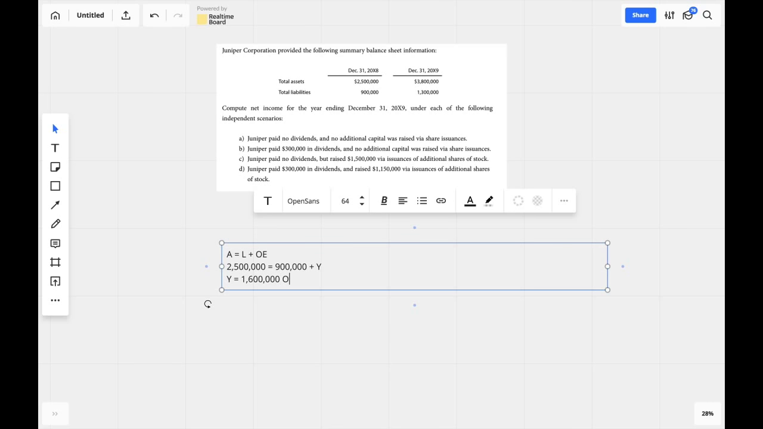And that really, for our 31st of December 20X9, is our opening equity balance. So then, if we again go to question A, if Juniper paid no dividends and no additional capital was raised,